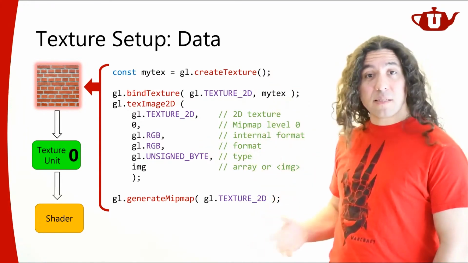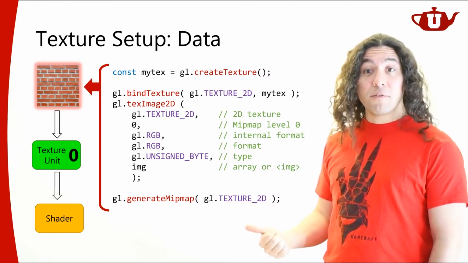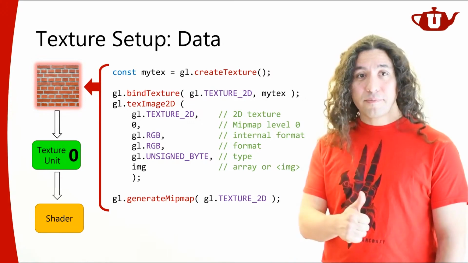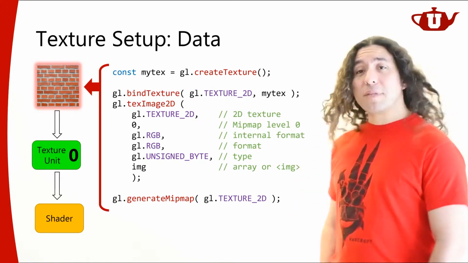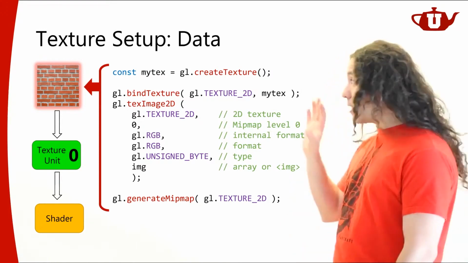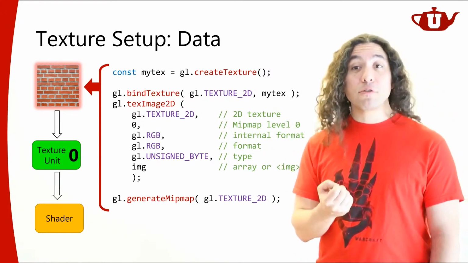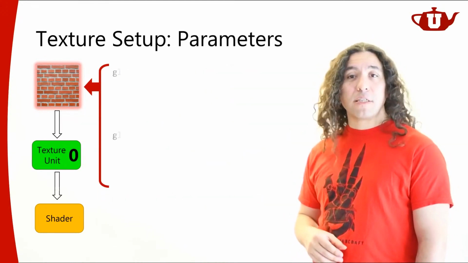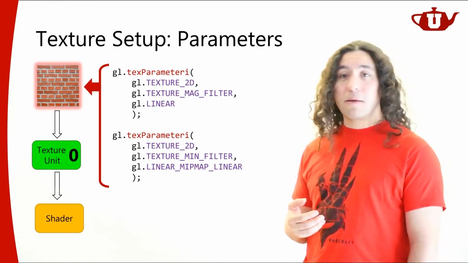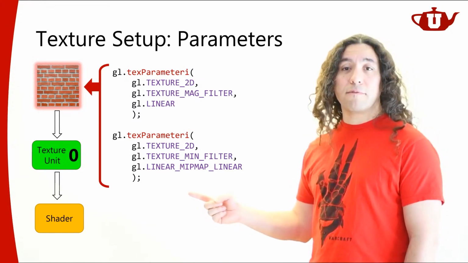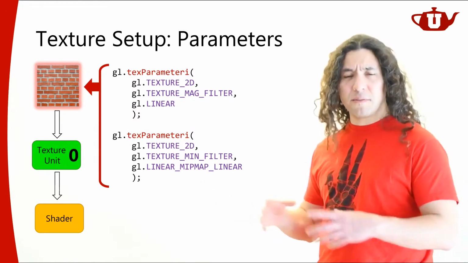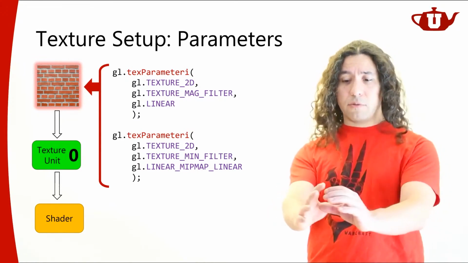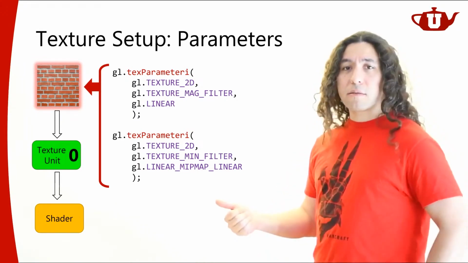So now, after I've done this, my texture exists on the GPU, and it's ready for mipmap filtering, because I created all the mipmap levels by calling this last function. All good. Now, I also need to specify some parameters. I created the data, but I need to tell my GPU how to use that texture, and there are different options for it. For example, I would like to tell my GPU that I would like to use mipmap filtering for this minification filter. So when I'm looking at my texture from far away, and it sort of looks smaller and smaller, it's called minification filter.